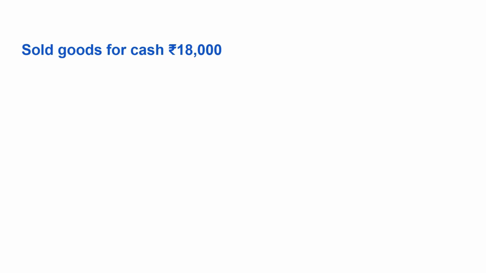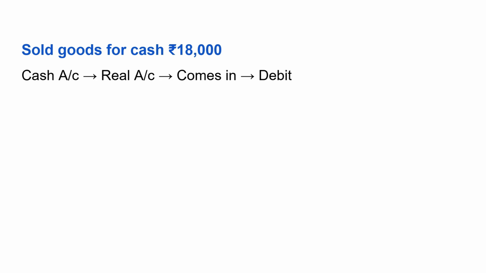Next, sold goods for cash 18,000 rupees. Here the two accounts affected are cash account and sales account. Cash account. Cash account is real account. Why? Because cash comes in the business. When we sell the goods, we receive the cash. So cash comes in. And the rule for real account is